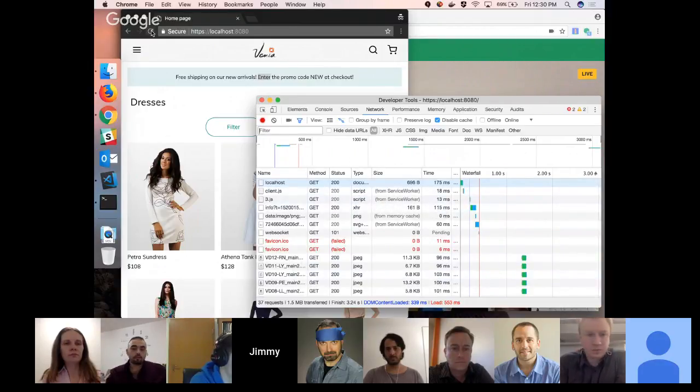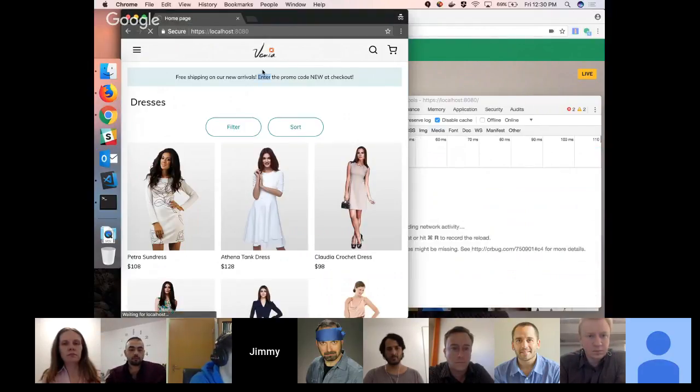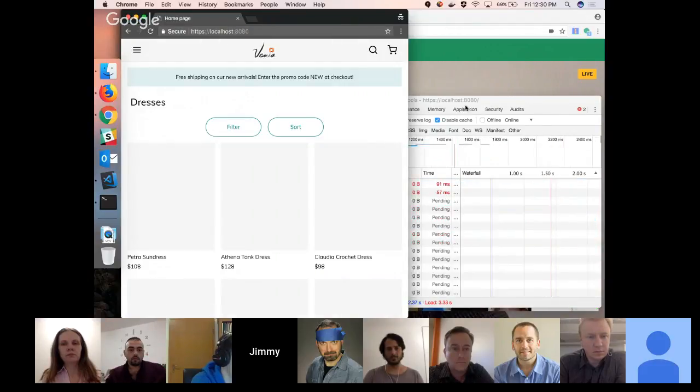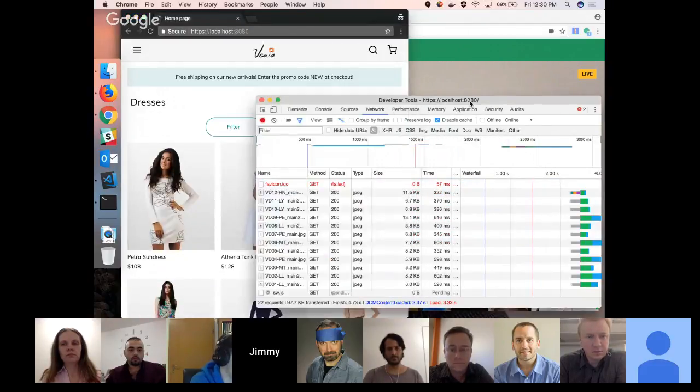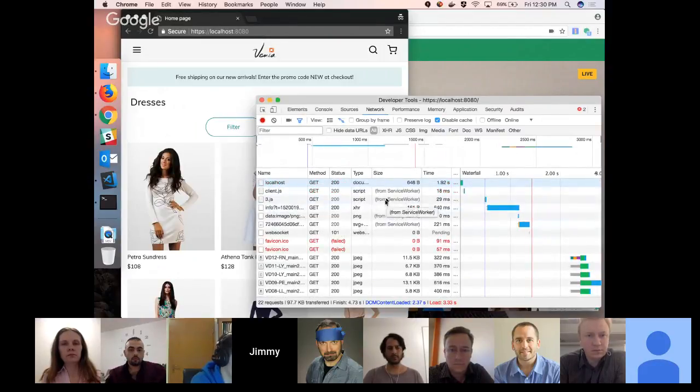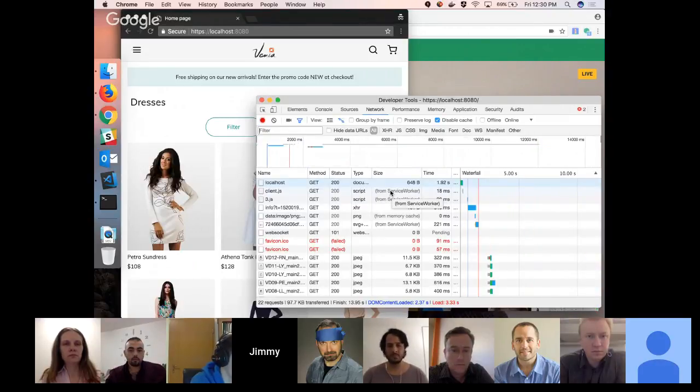If I refresh the page, you can watch as the requests come in here. Ignoring the favicons, we can see that because we have a service worker, which is acting as like a cache layer, this is what really makes a PWA.